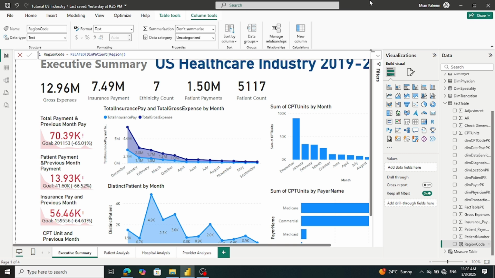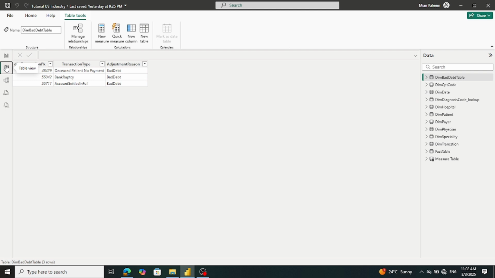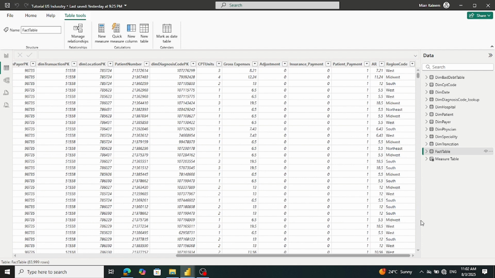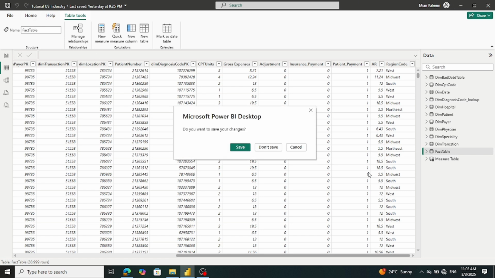I'll show you in this table, fact table. Region code. You see, we have all these region codes in our completed dashboard. So the same thing we will do